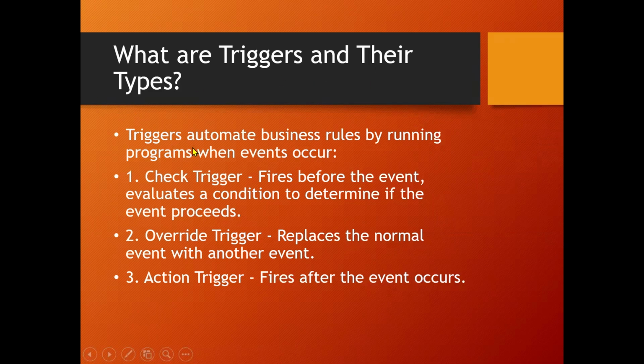So trigger is the way to automate the business rule, or you can say business requirement, by running a program. And this program can be either a JPO or TCL, and it runs when some event occurs. The event could be anything. It could be copy, create, promote, demote, etc. So the trigger is basically a way to automate the business rules when a particular event occurs, and the logic